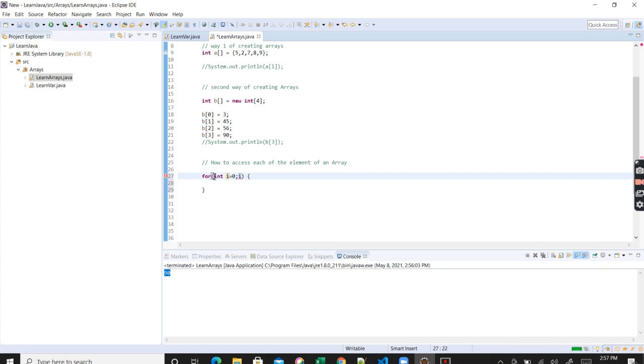I will say i less than b dot length. That means I want to traverse this b array. Then i plus plus.